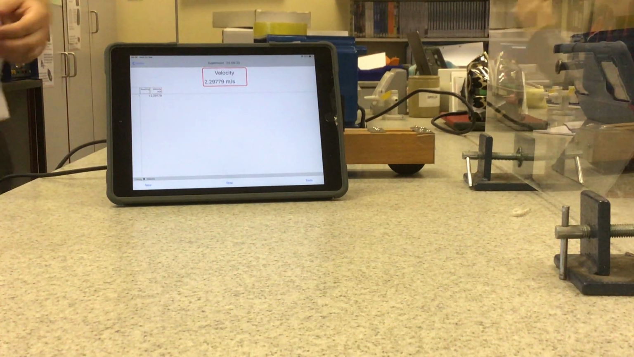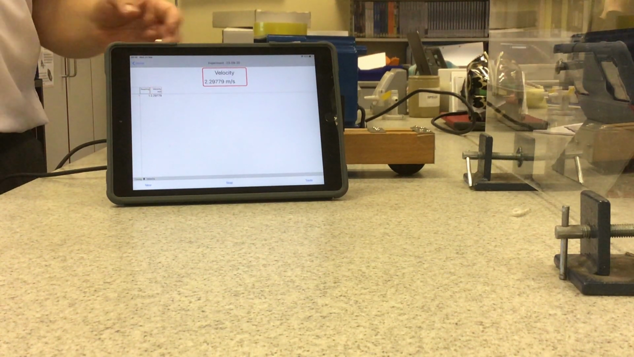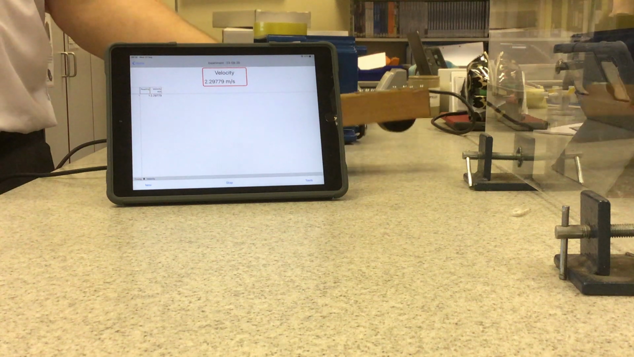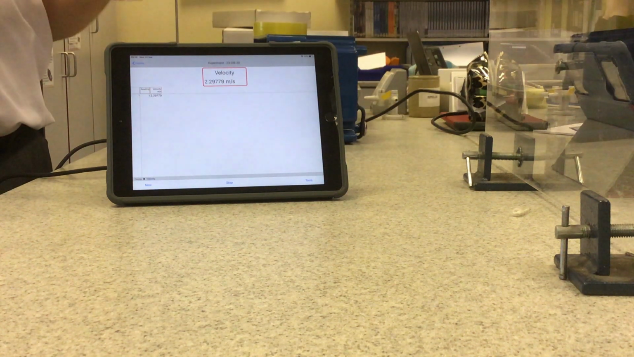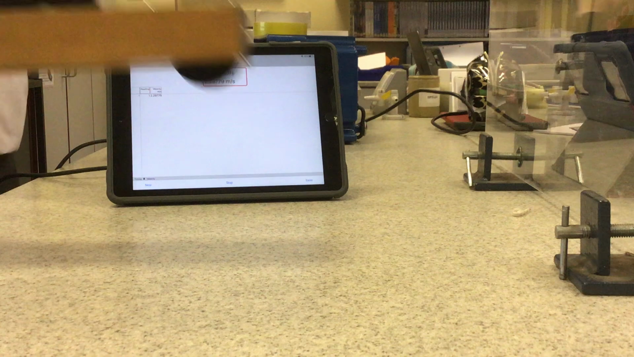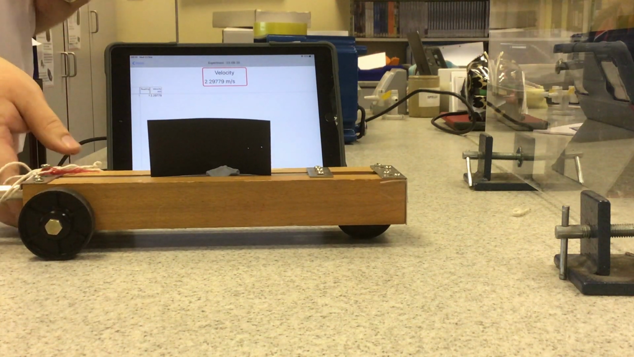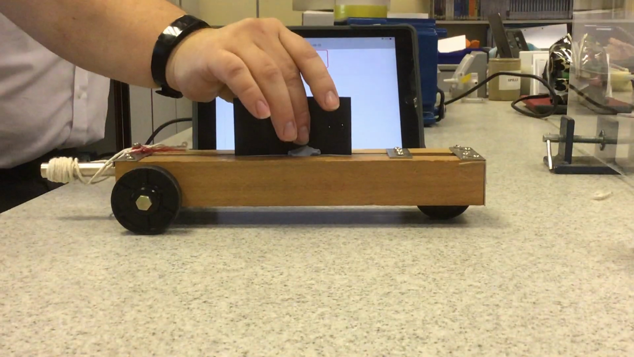So there are three different ways in which we can record the speed of a moving object, although normally what we actually do is we measure the distance and we measure the time. For example, with this car here,